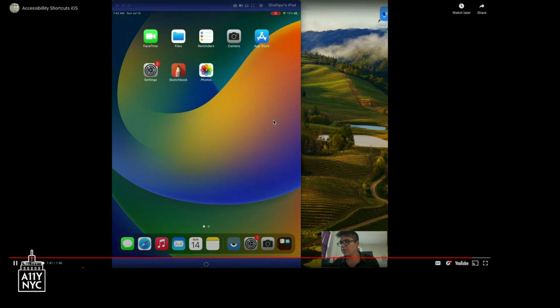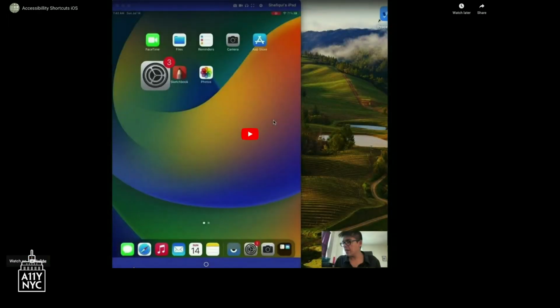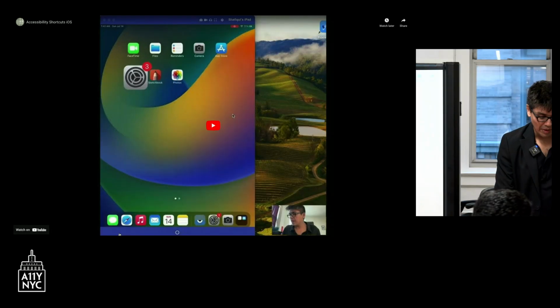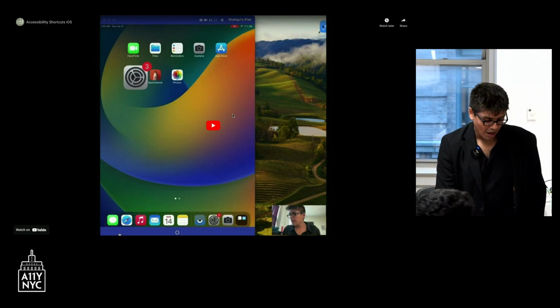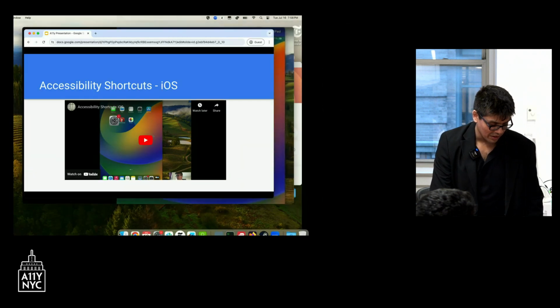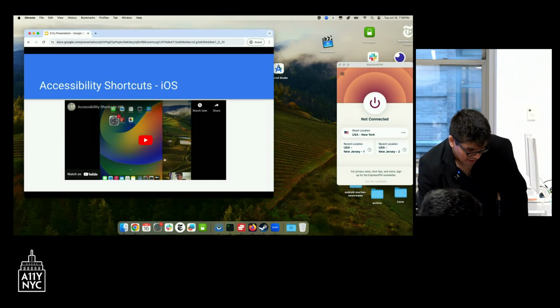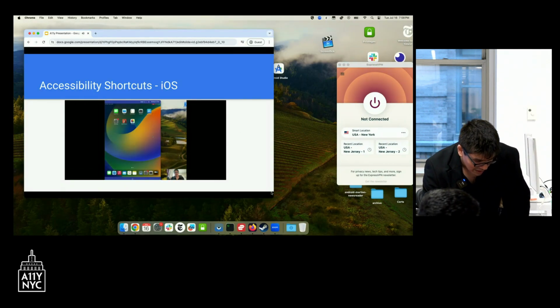Okay, great. And so as you can see, the accessibility options are available real quickly. Thank you. Okay, so that was just on iOS. The goal is for me, by the way, to do both iOS and Android demos because there are differences in the way they interact. So I just wanted to clarify and make it, again, more accessible to more people with more devices.